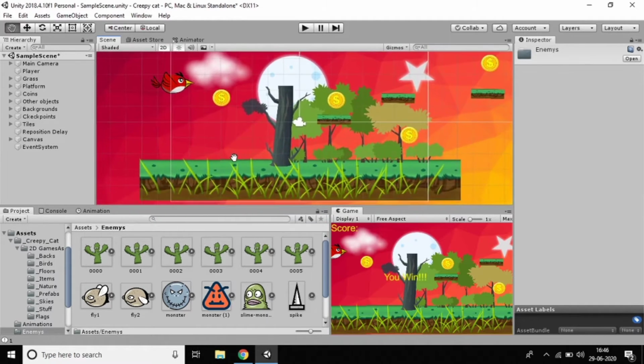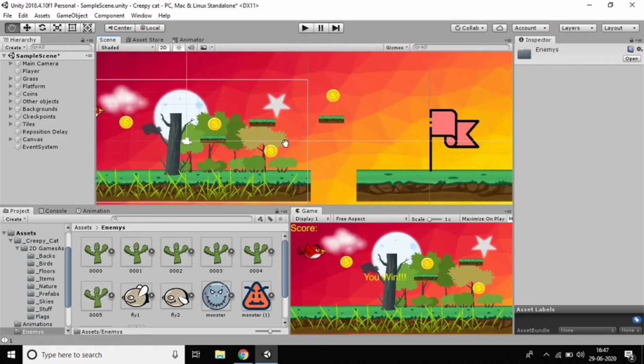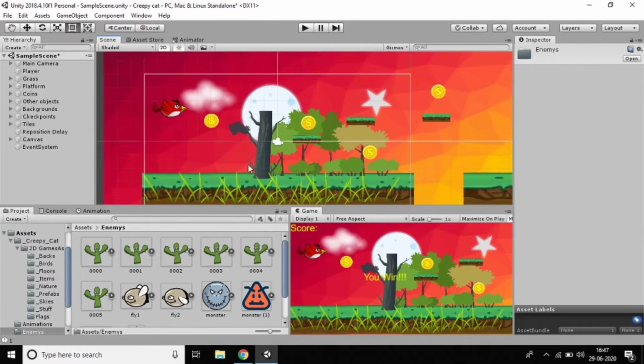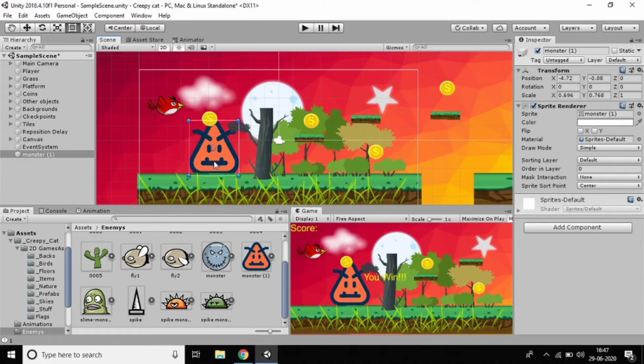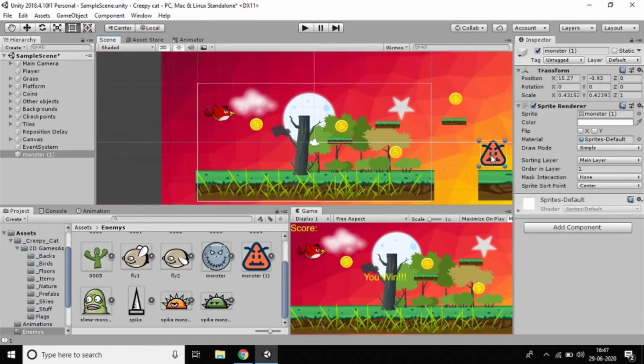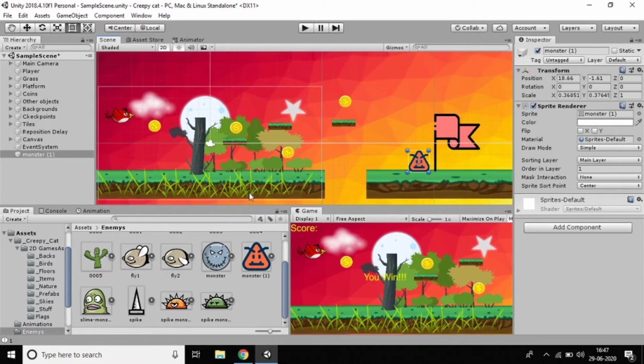Just go here. First of all we need to add an enemy, right? So I'll add one enemy here, keep it small, and keep it on the main layer, just one. Very important, right? Main layer, and everything you can keep here, otherwise you can keep everything where you want. Just keep this enemy here. Yes, if you want to touch this flag, you can keep it where you want.